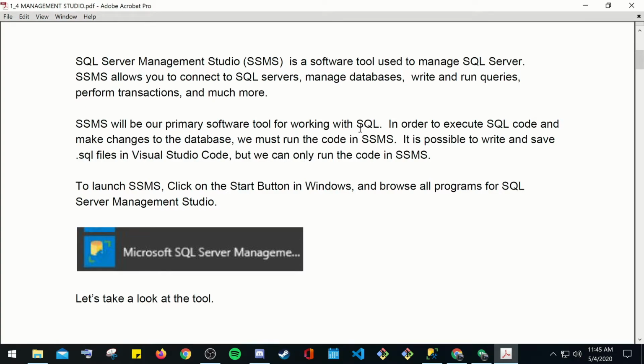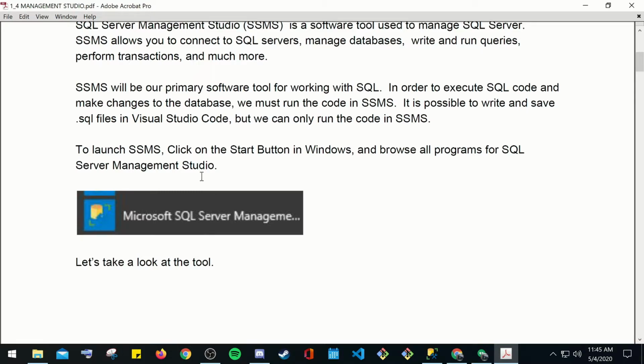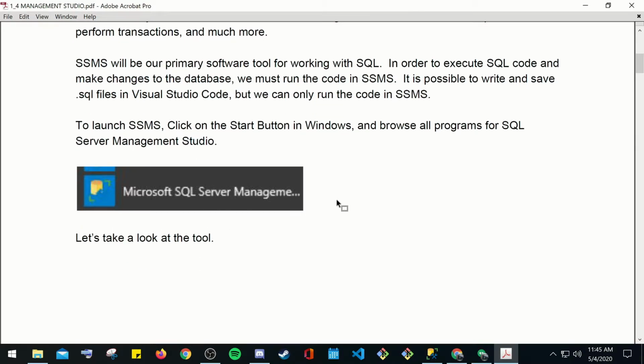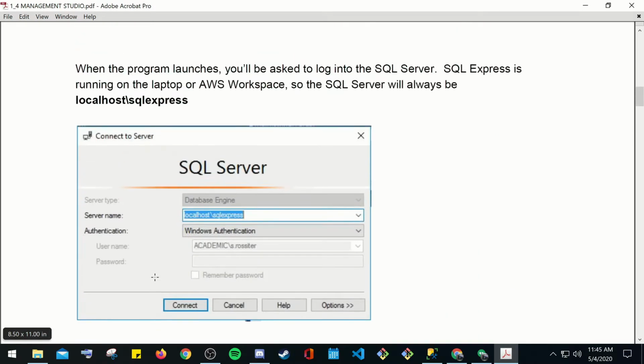In order to execute SQL code and make changes to the database, we must run the code in SSMS. We can write and save SQL files in Visual Studio Code, but we can only run the code in SSMS. So to launch SSMS, go ahead and download this right here. If you already have it installed, don't worry about it. So install it,